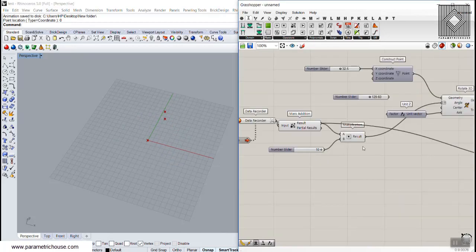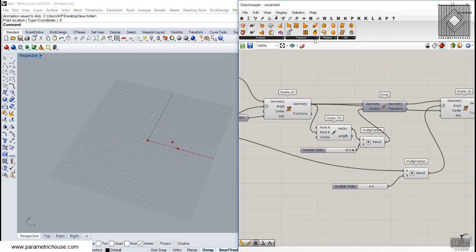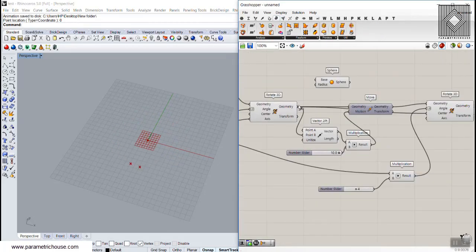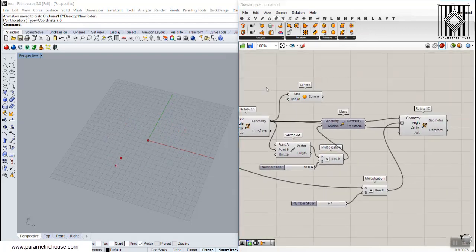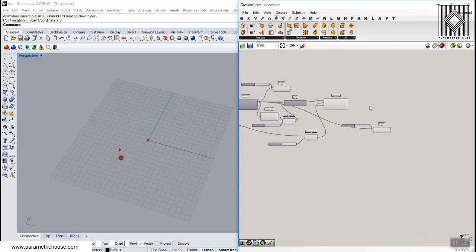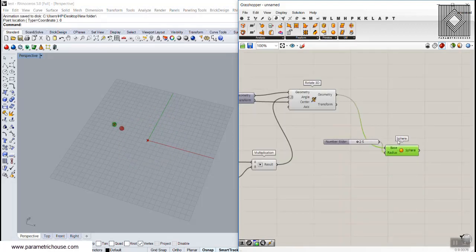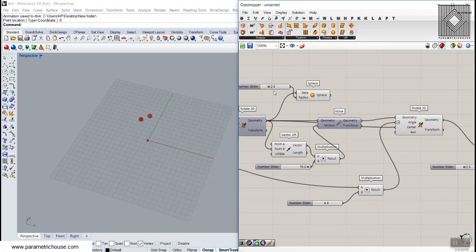of those points. We can connect a sphere to this one. Maybe it's a 2.5. And we can also connect another sphere here to this. Make this bigger.